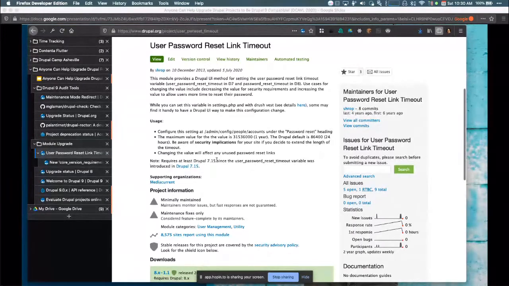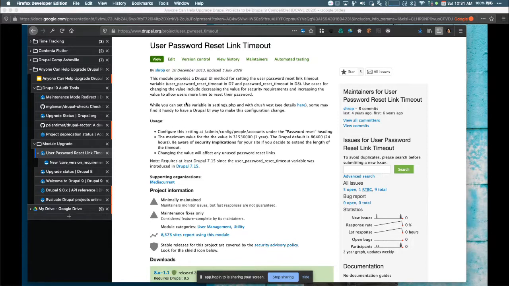When Drupal 7.15 came out, there was a setting that was added where you can adjust the time when a user requests, or an admin sends a user, a reset password link from Drupal. Usually 24 hours is the length that is available, but sometimes people want maybe 2 days or 3 days, because the link times out and people get confused and they need another link to get back in their account.